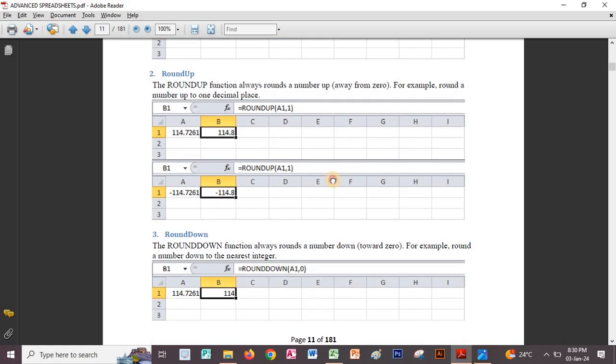So you can work with rounding up. Rounding up always rounds a number up, away from 0. For example, 0.14, if you round up to 1, it becomes 0.8. To 2, it becomes what? If you round up to,